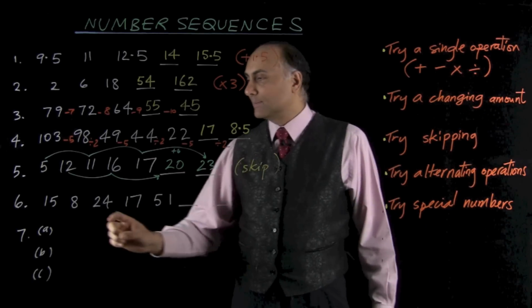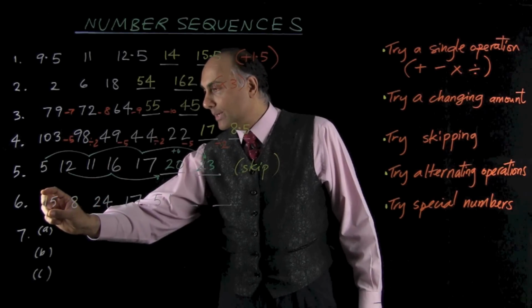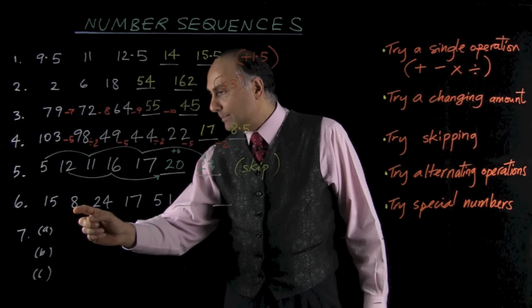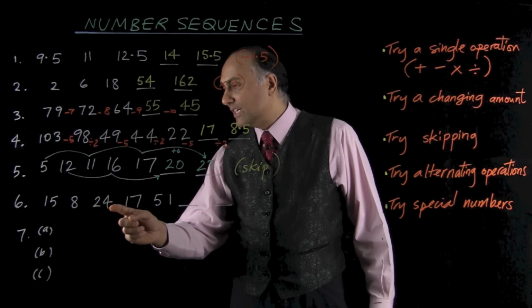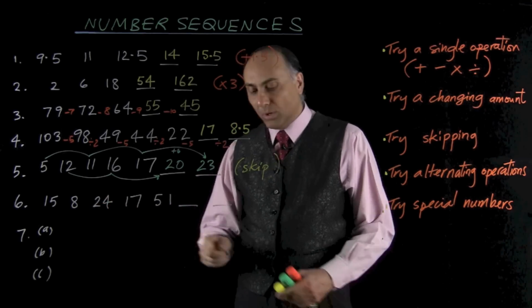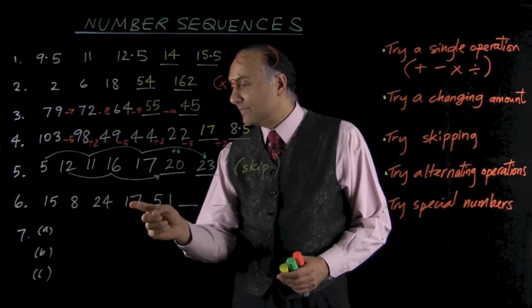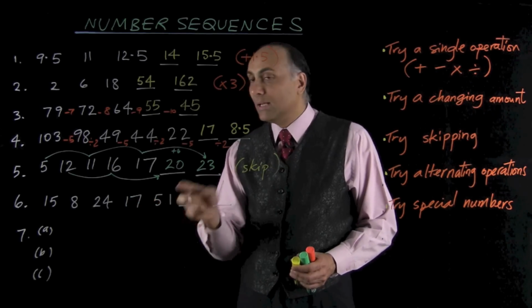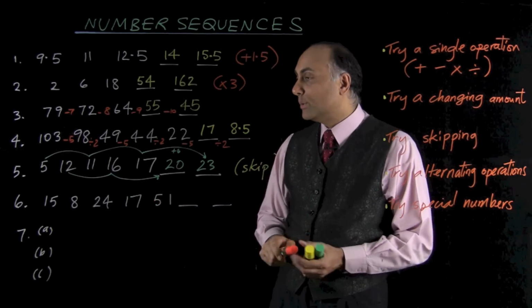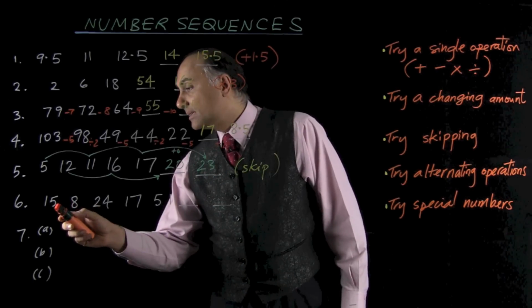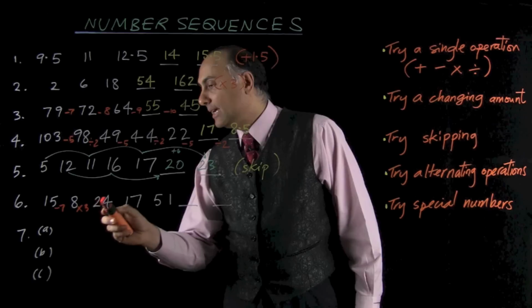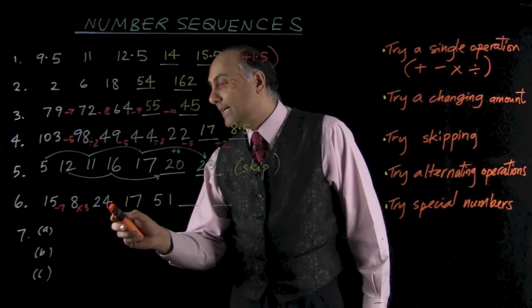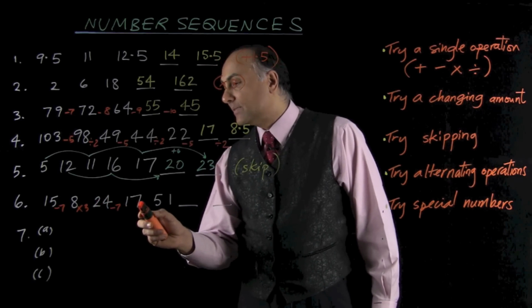But I want to check this a different way. I could do it as 15 take away 7 makes 8, and then 8 times 3 is 24, and 24 take away 7 is 17, 17 times 3 is 51. That seems to work, so I would rather do it that way. So 15 take away 7 makes 8, 8 times 3 equals 24, 24 take away 7 makes 17, 17 times